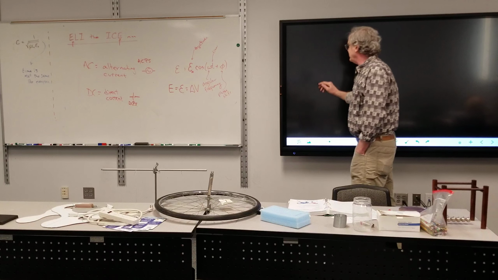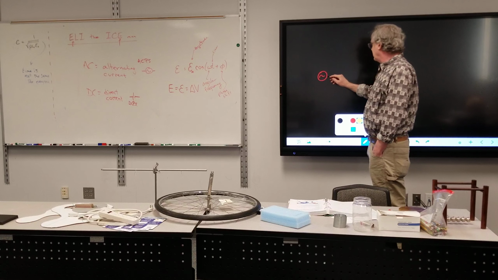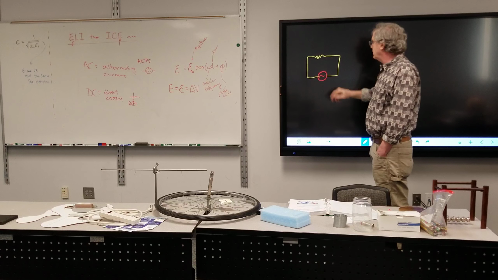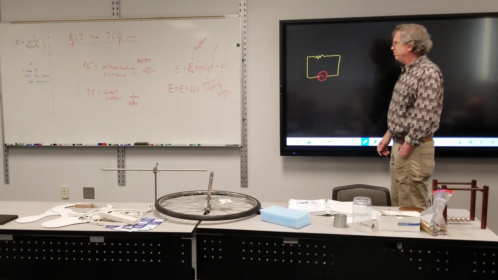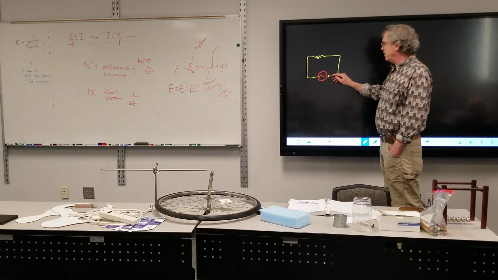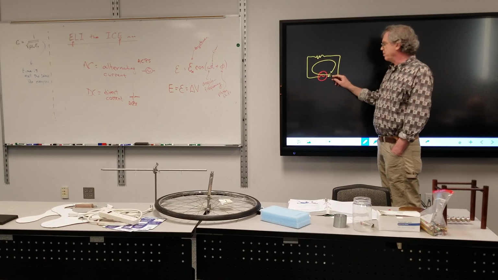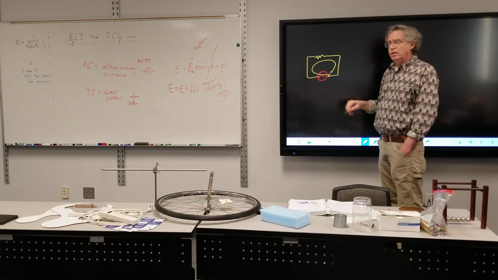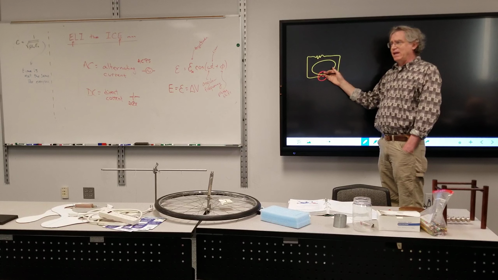I'm going to take a basic AC circuit, and I'm going to stick a resistor into it. I can still do voltage gains and losses, so I'm going to start here and I'm going to go around. I'm going to gain some potential here, I'm going to lose potential there. And when I say gain potential, since this is oscillating back and forth, my gain might be negative.